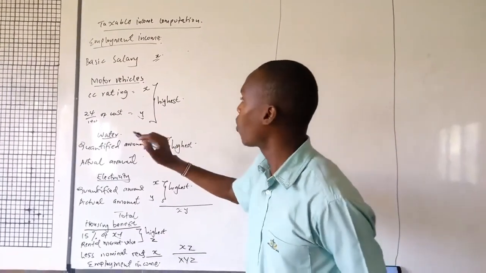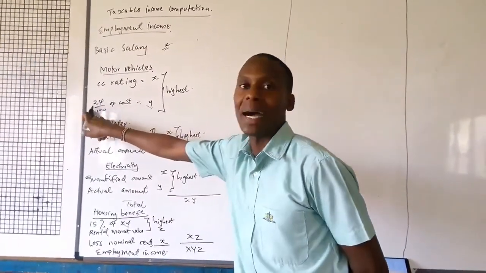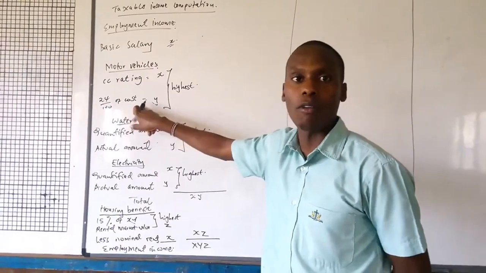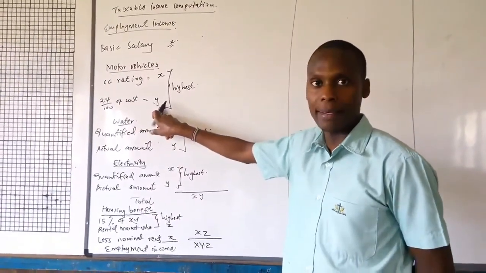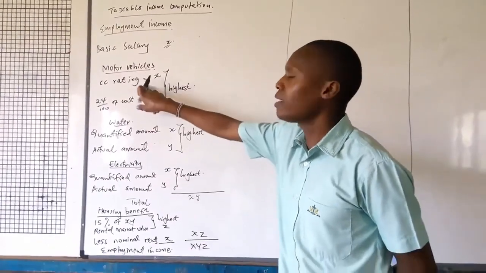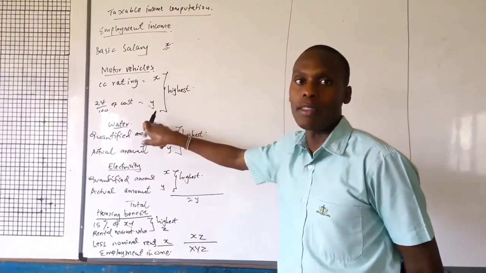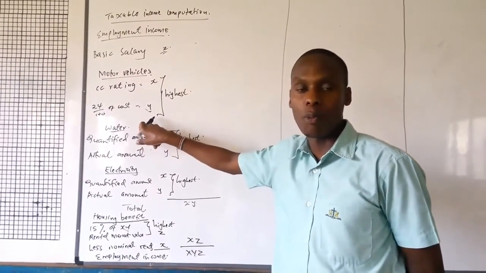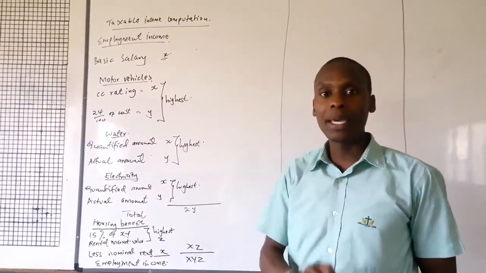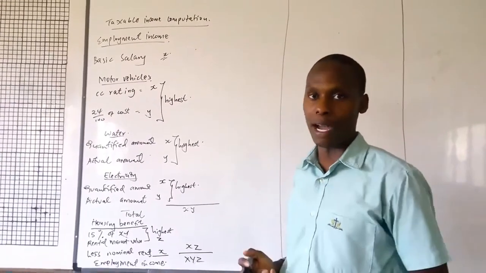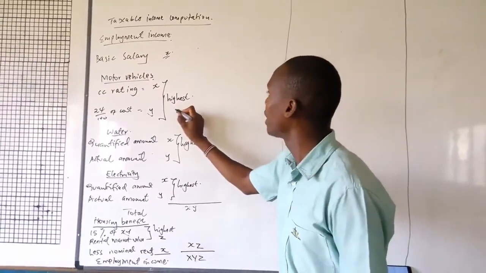In terms of the cost, you get 24% of the cost of that car, and our answer will be Y. So the cc rating is the X, while the cost, computed at 24%, is my Y. In this case, you will pick the one with the highest value,